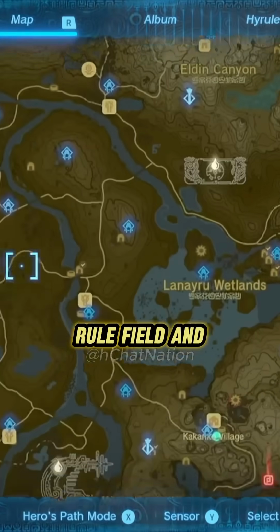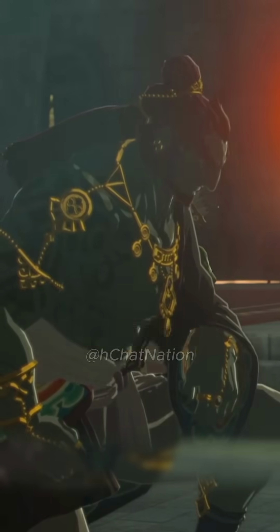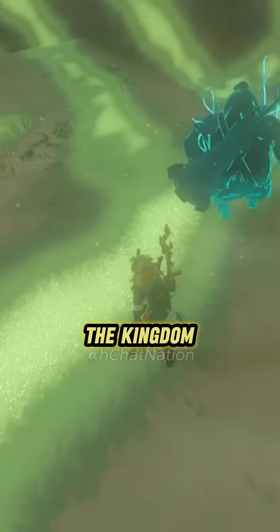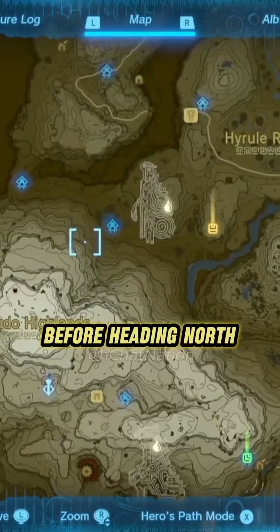In between Hyrule Field and Necluda, you'll find the geoglyph of Amalduga. Make sure to ignore that funky looking geoglyph of Lake Hylia because it's not next on the list, but keep heading west and you'll find the geoglyph of Ganondorf swearing fealty to the kingdom along the mountains of the Gerudo Highlands. Now would be a good time to save the Gerudo people before heading north to the geoglyph of Sonia